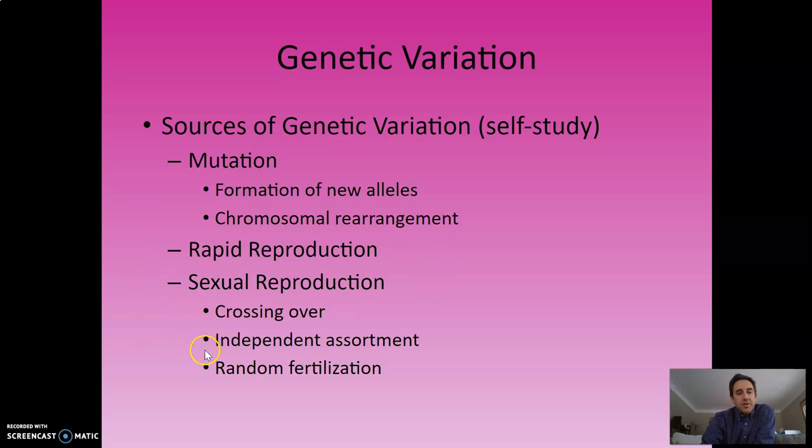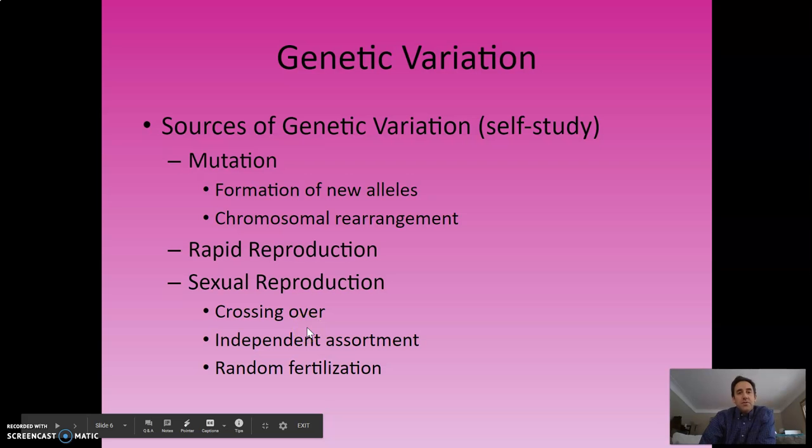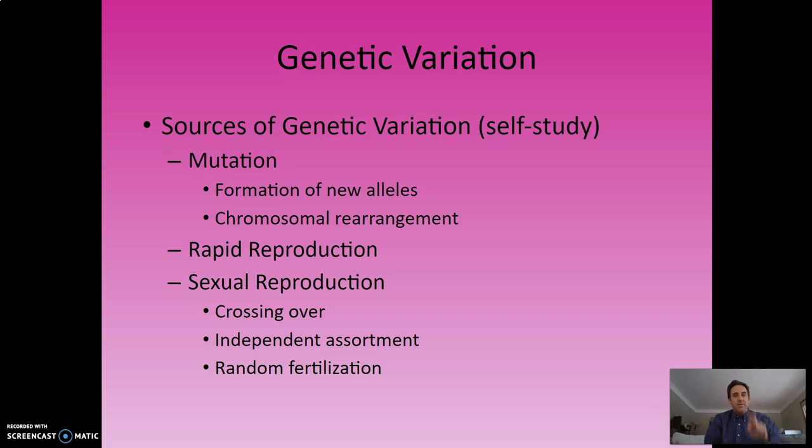Finally, sexual reproduction is a big source of genetic variation as well. We saw that crossing over during prophase 1 of meiosis, where those homologous chromosomes exchange little bits of DNA, creates new combinations of genes that didn't necessarily exist before. Independent assortment. When those chromosomes line up down the center of the cell in metaphase 1 of meiosis, those homologous pairs, if big A is with big B, or if big A is with little b, that again creates new